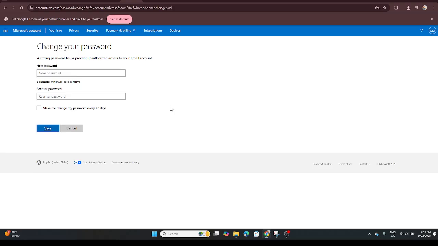Congratulations, you've successfully reset or changed your password in Microsoft Teams. This small effort helps ensure that your account remains secure, giving you peace of mind and continued